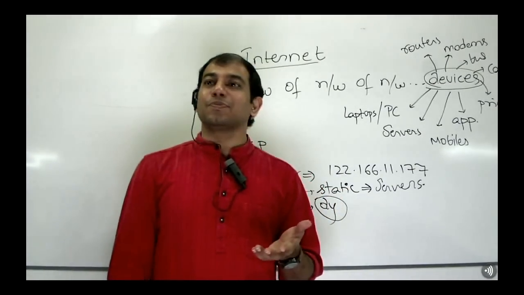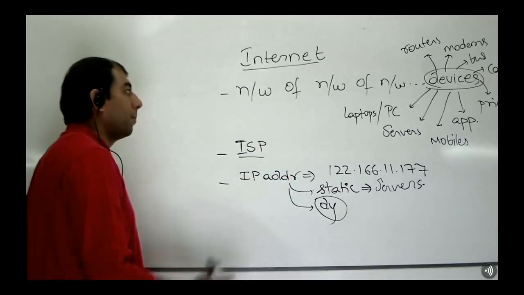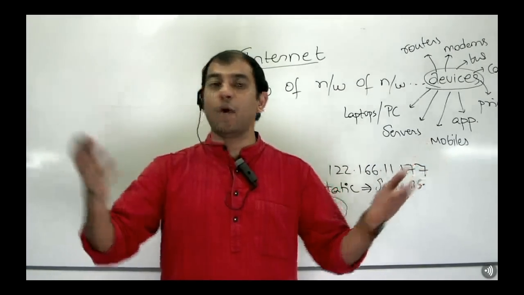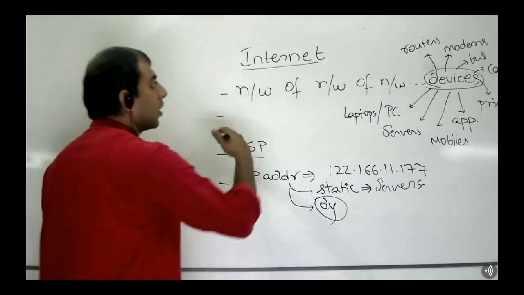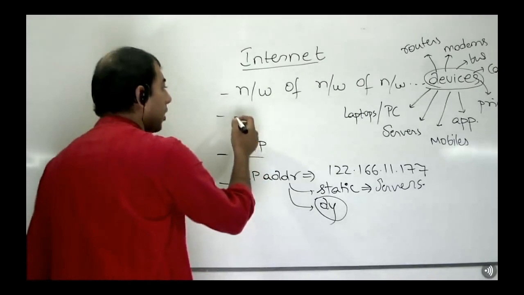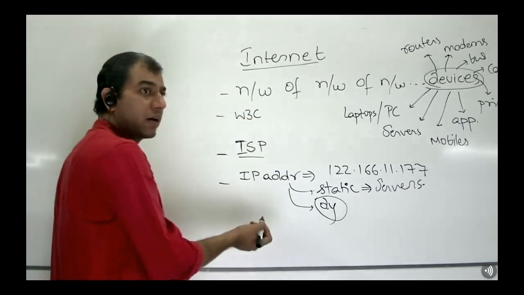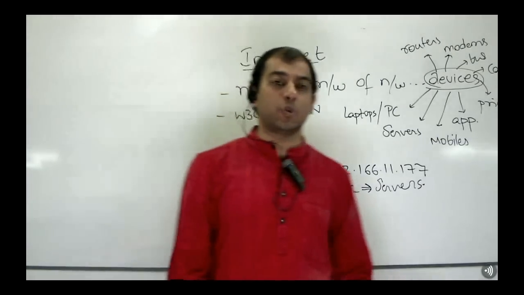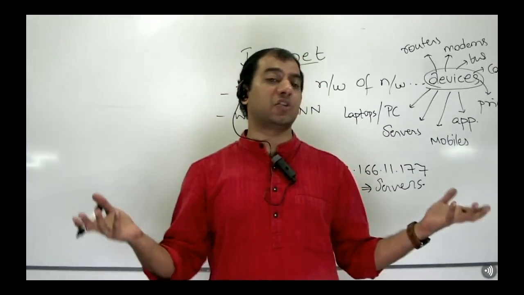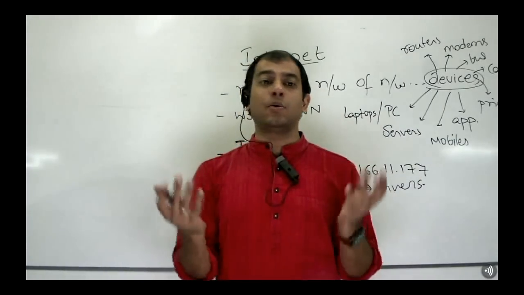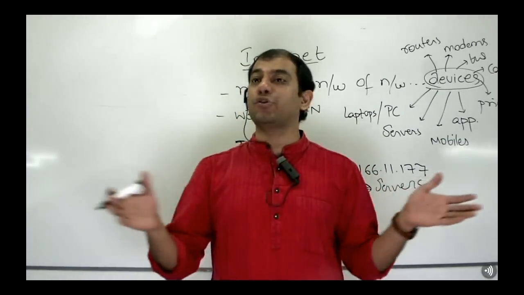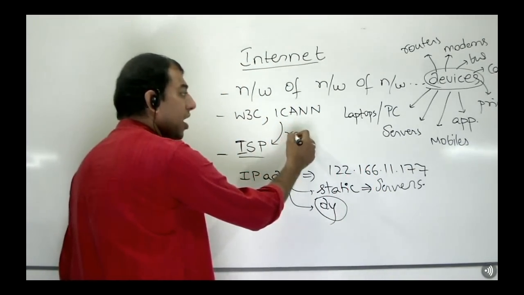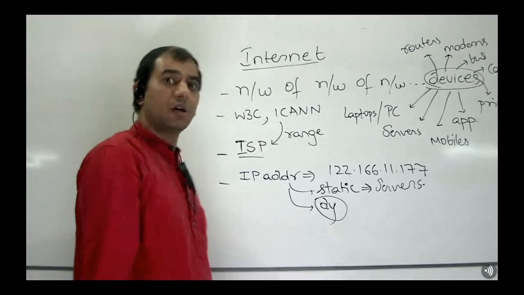So clearly, the internet is not owned by any one individual, but it is governed, you see, because anything which is not governed will not evolve in a manner which we want. So it is governed through many councils, right? You have W3C, World Wide Web Consortium, you have ICANN, right? All these are agencies and consortiums where many companies, governments, agencies, etc. come sit on the board, and they participate in the evolution of the internet. Bottom line, what these guys do is they give a range of IP addresses to each ISP.